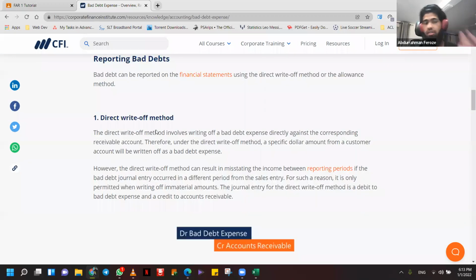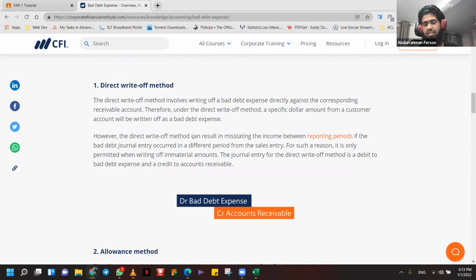The first method is called the direct write-off method, and this is not really relevant because it's not usually used by most companies. What is done here is, let's say we have 100,000 of accounts receivable, and 20,000 of that the company knows is bad debt, that it's not going to be paid. So the company just debits an expense account called bad debt, and credits accounts receivable. The issue with